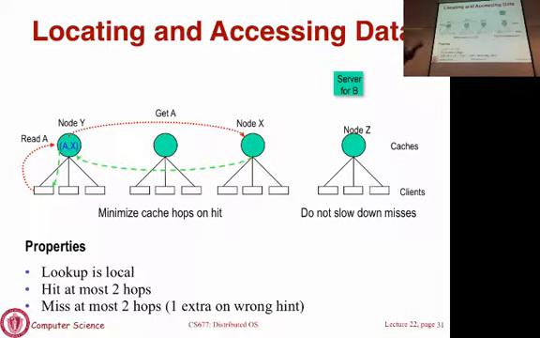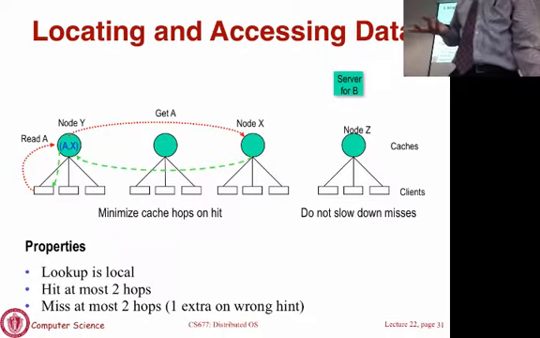And the hits are also easy. Most of the time, if the table entry is up to date, it says node X has it, you will get it. Sometimes you may make a mistake because node X may have just recently thrown out this page, but before the table got updated, a request came here. So you will send it there, but then you are basically one hop extra, and that node will get it from the origin for you. So mistakes are not going to cost a whole lot. Lookups are local, hits are at most 2 hops, misses are at most 2 hops, and 1 if the hint is wrong. So this basically takes the same cooperative caching approach and optimizes it further.